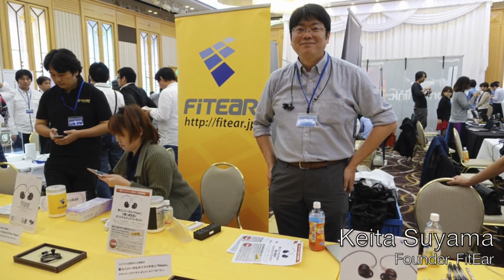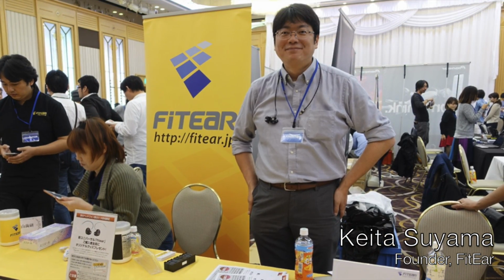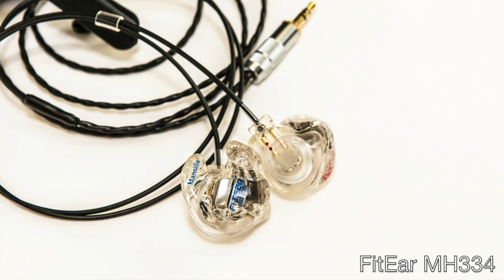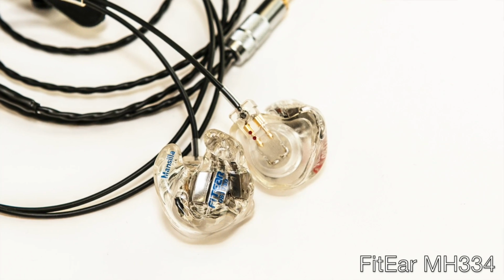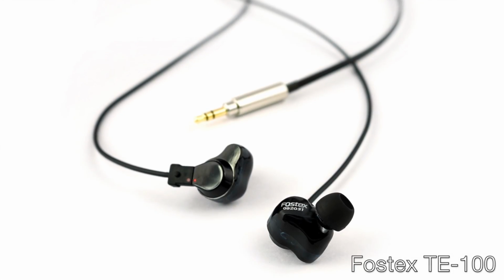Like many IEM enthusiasts the world over, I'm a huge fan of Tsuyama-san and his company FiiO. Unfortunately, for those outside of Japan, it can be very challenging, almost impossible, to buy FiiO products. I've been very fortunate that Tsuyama-san made me a FiiO MH334 Custom, which may be the most immaculately crafted IEM I have. I also have the rare FiiO Universal Fit from Tsuyama-san, and the TE100, which was co-developed by both